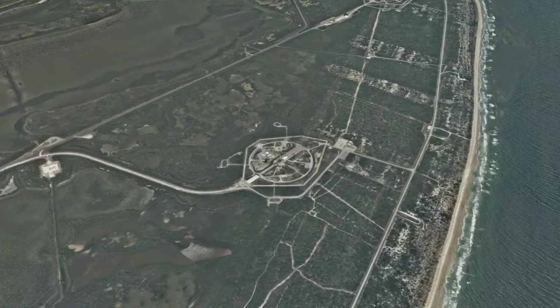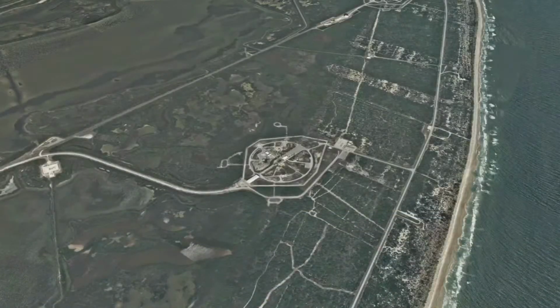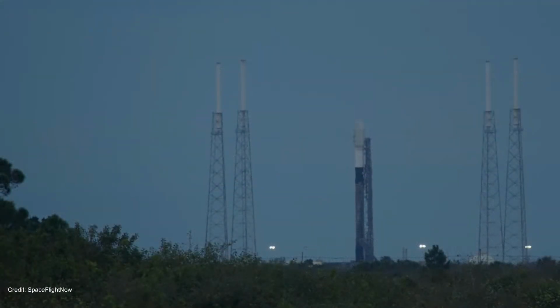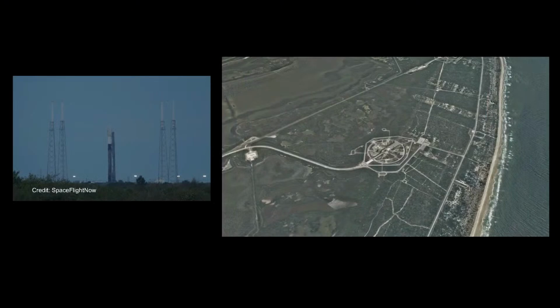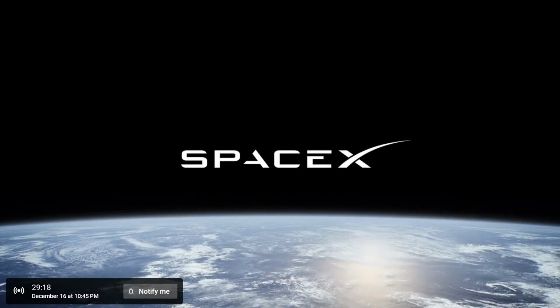This is the live trajectory. Let's look at the camera views. This is the SpaceX live stream. We then have a live trajectory, and after that we have the main live cam from Spaceflight Now. Credit to them for this amazing live cam. And then we have the mix between Spaceflight Now's webcam and the trajectory. Here's a quick summary of all of the webcams. That's going to be pretty exciting to watch. So let's continue right here on SpaceX's Falcon 9